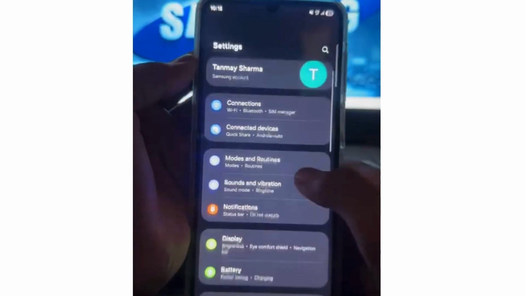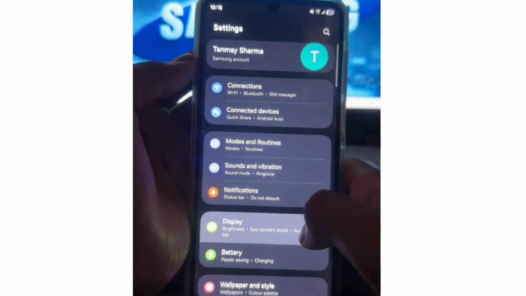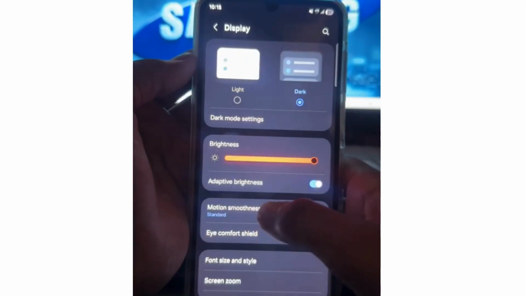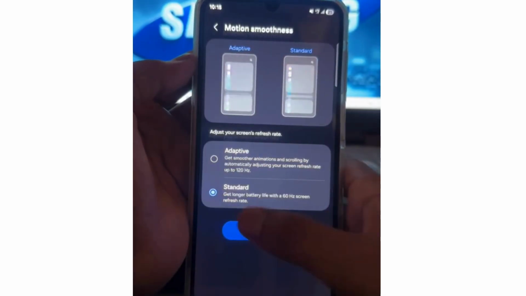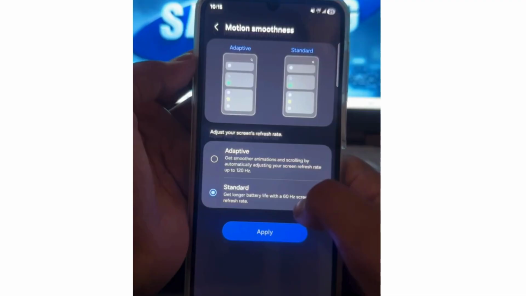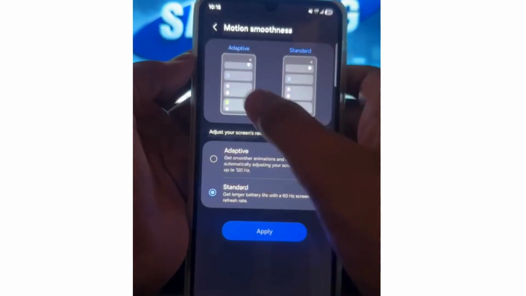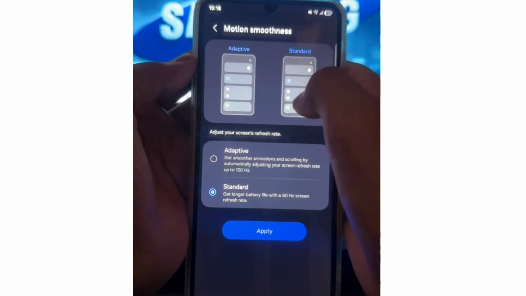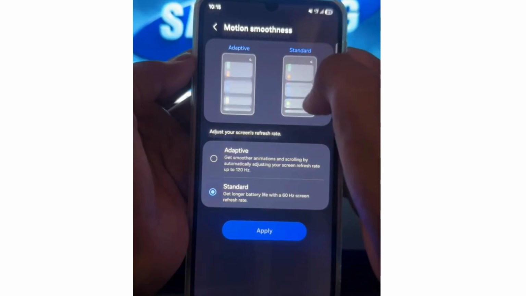Tap on settings of your Samsung Android and here choose display. Here go to motion smoothness and here you will find two options, adaptive and standard. Adaptive display having